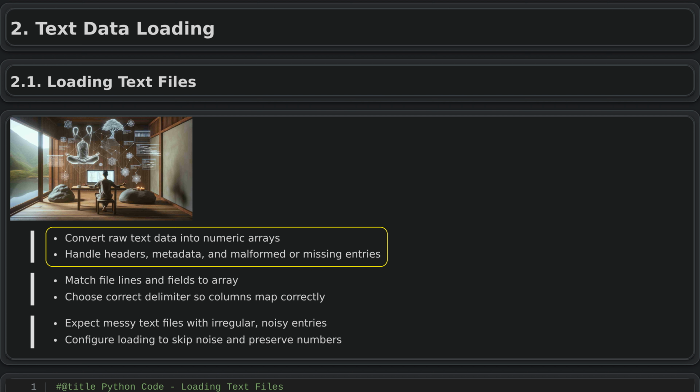To do this, you must understand the file structure, including whether it has a header row, how many columns to expect, and how comments or missing entries are marked. For example, a public health dataset may begin with descriptive lines and a header before the actual data. So you need to configure your tools to skip those lines and convert only the true data into a clean,